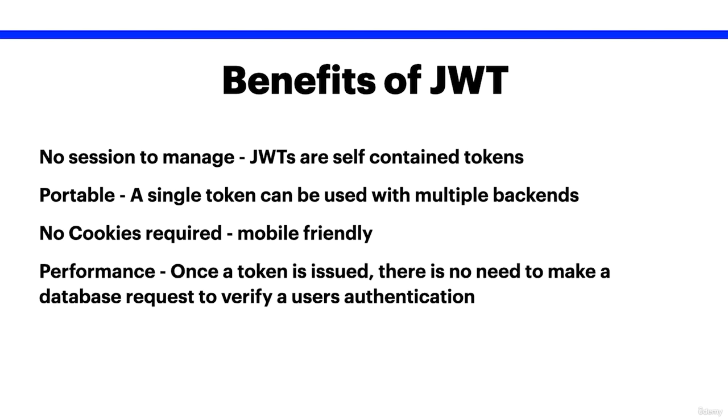And performance. Once a token is issued, there is no need to make a database request to verify a user's authentication. So a user logs in, we issue them with a token, they keep hold of the token, and anytime they need to access a protected resource, they present their token inside an authentication header,